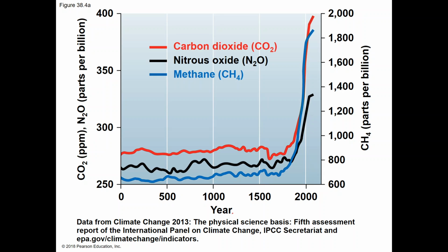Some of these gases in the atmosphere is important. We want there to be some of them. They create a kind of blanket around the planet, and without the blanket that these greenhouse gases provide, the planet would be too cold to support any life. All of the sunlight that reaches the planet would essentially be reflected back out into space. So it's important to have a thin layer of this blanket surrounding the planet and being in the atmosphere. But what we're seeing is that this is how